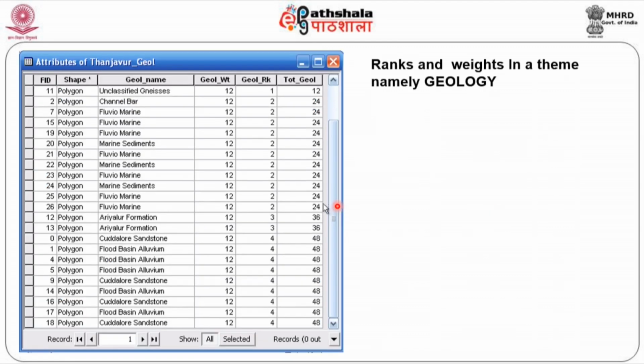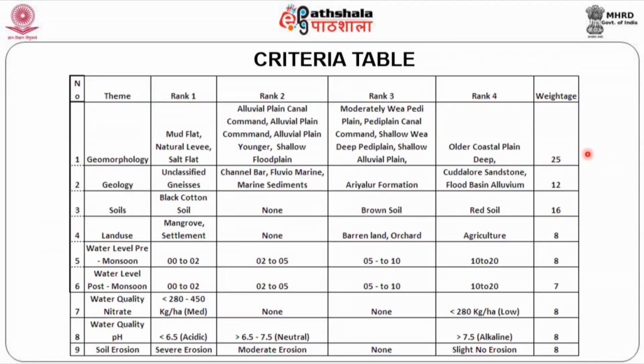Once you intersect this one, you will have the layers. Each of them will have a rank and weightage, and then you multiply them accordingly. For example, the weightage is 25 and this rank is 4, so 100. 25 into 3 is 75, 25 into 2, 25 into 1. So the rank and the weightage are combined together and a new value is formed for each and every polygon